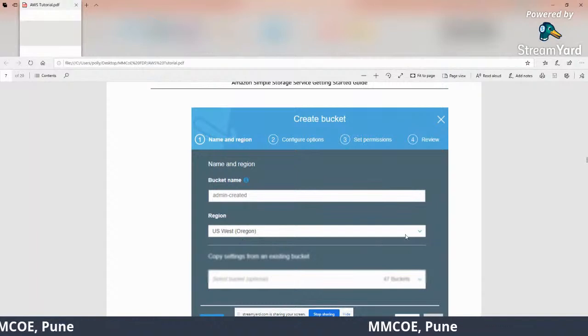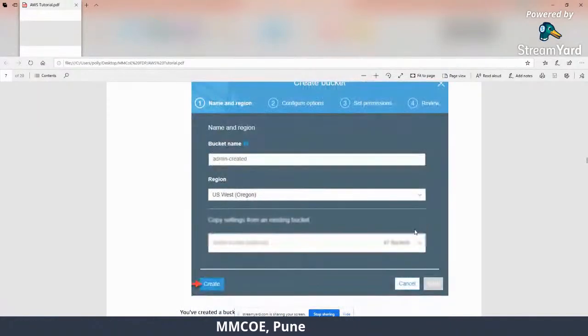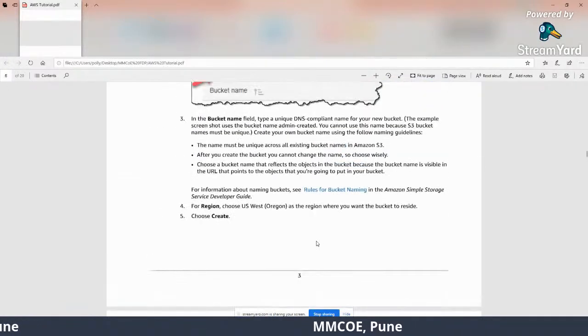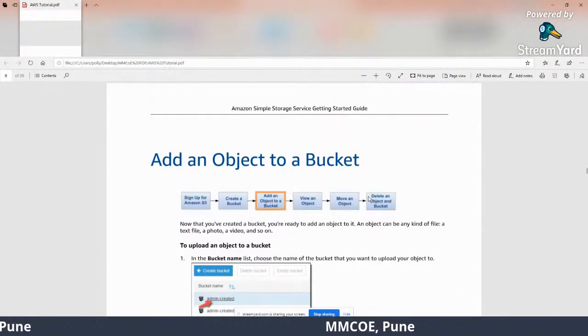You can select this region, and you have to select it very carefully to be able to use this next. So for S3, choose US West as the region where you want the bucket to reside. And then once you create a bucket, you can add an object.